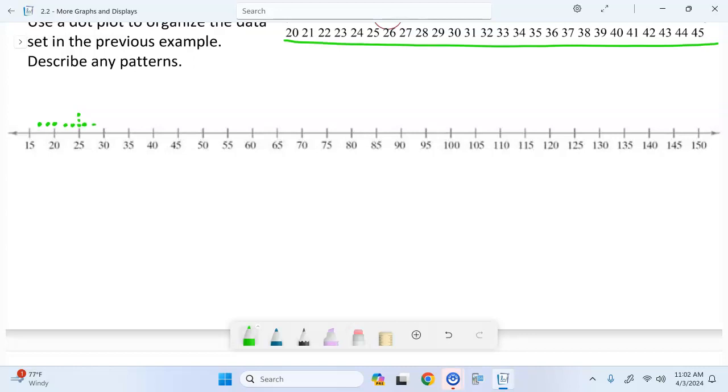26, 27, 28, a little bit more room, 29s here, 2 30s, 32, 33, 35, 36, 38, 40, 41, 42, 43, 46, 49, 2 of those, 52, 54, 55, 59, 66, 68, 69, 73, 75, 76, 78, 80, 81, 84, 88, 98,